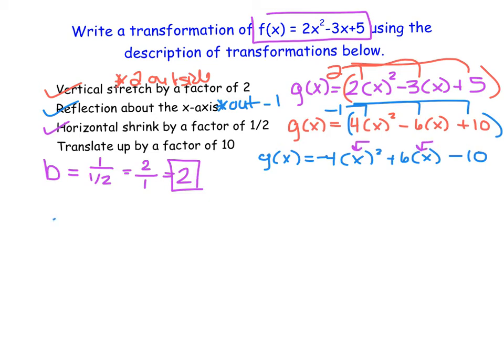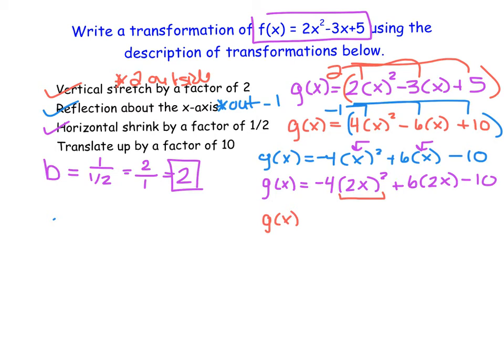So here we can rewrite this as g of x is equal to negative 4, and then the 2 goes inside of here with x, plus another 2 inside of here with x, minus 10. So then we need to simplify this a little bit further. So if we take a look here, this 2x squared, if you apply the squared to that 2, this really